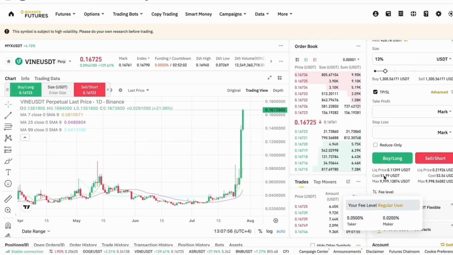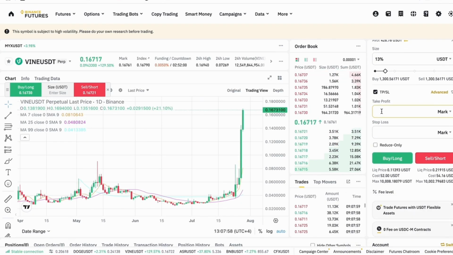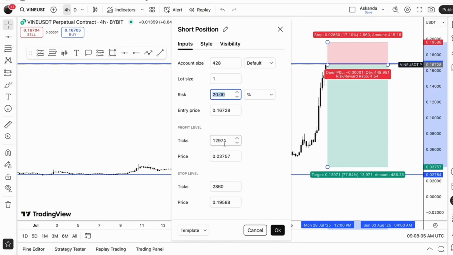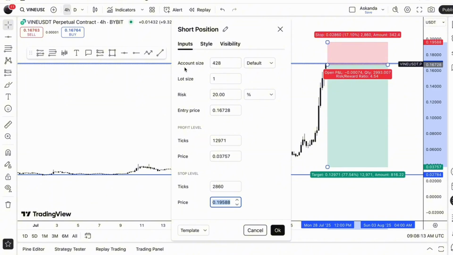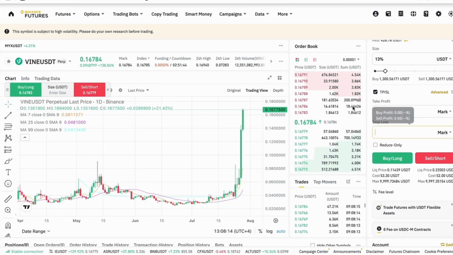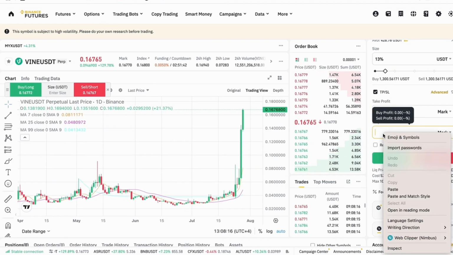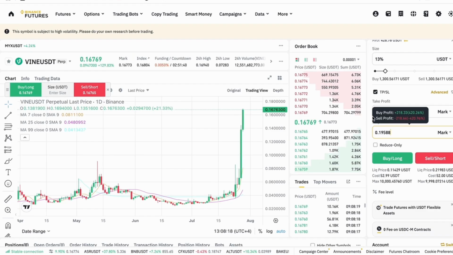Now the next thing that we'll do is enter our take profit and stop loss. Please always add your stop loss and take profit. So I come back here. You might be asking where can I get my stop loss? This is our stop loss. On TradingView, the stop loss price is the same as the stop loss level. So this is what I do. I paste it here. You see they are saying we'll lose like 200 USDT if this trade doesn't go